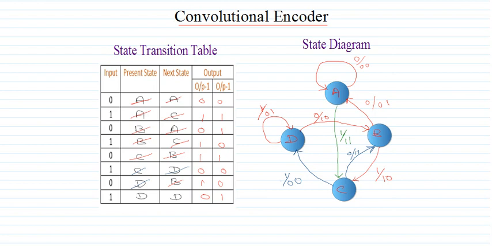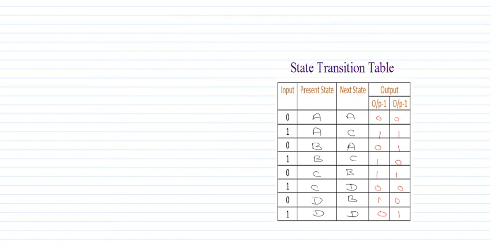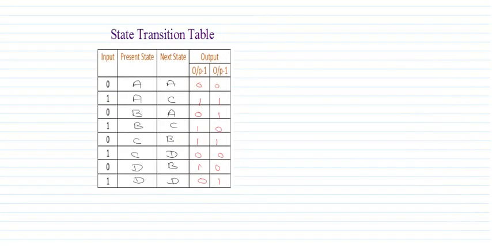Now one more step we will take, that is how to encode the data using this state diagram or the state transition table. Okay, so first let us understand from the state transition table how we can encode the data. Here I have the state transition table. Let us assume that we have to encode some text, which is 1 0 1 1 0. Let us imagine. Now if I want to encode this, what do I have to do?